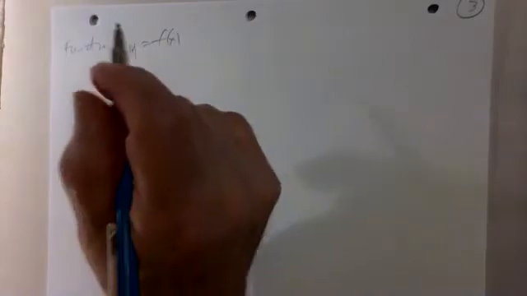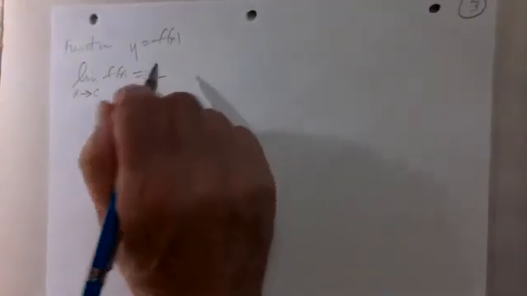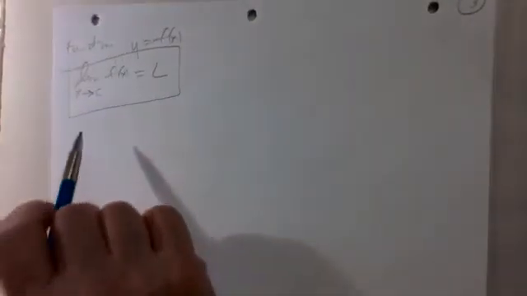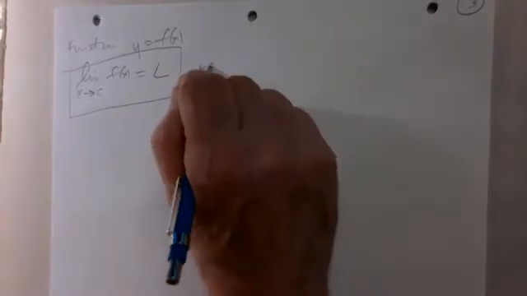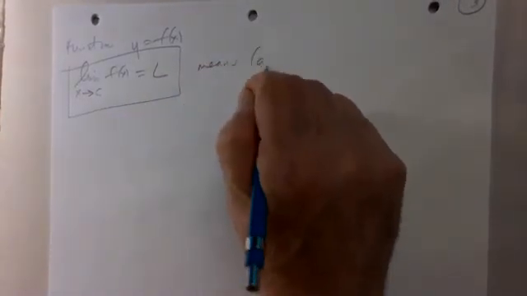Okay, so limit. Suppose we have a function y equals f of x, and informally we say, this is the notation we use, the limit of f of x, and under the limit, which you abbreviate LIM, you write x arrow c, equals L. So the way we read this is the limit of f of x as x approaches c is L. This means, approximately,